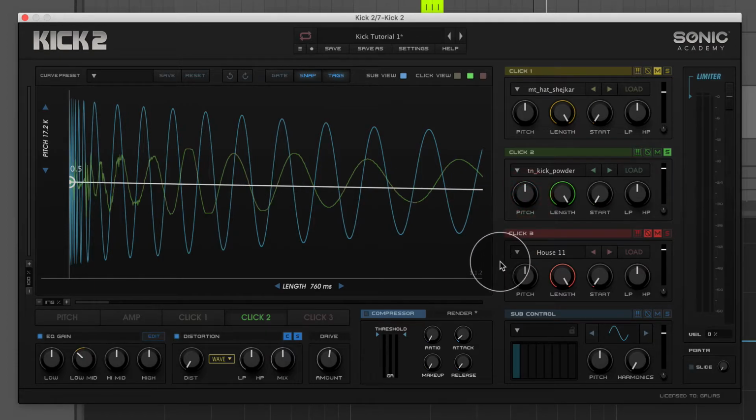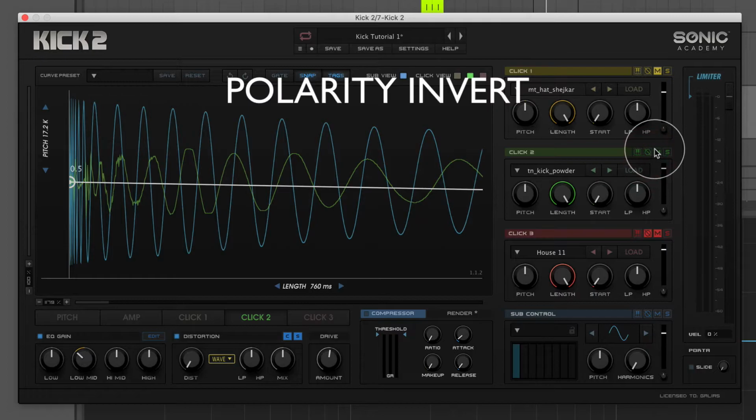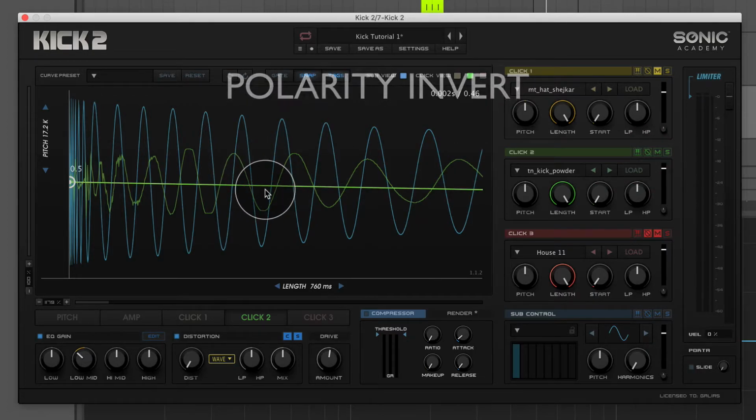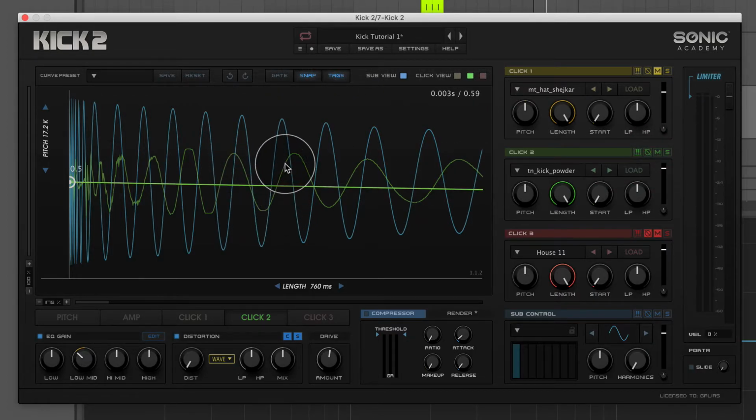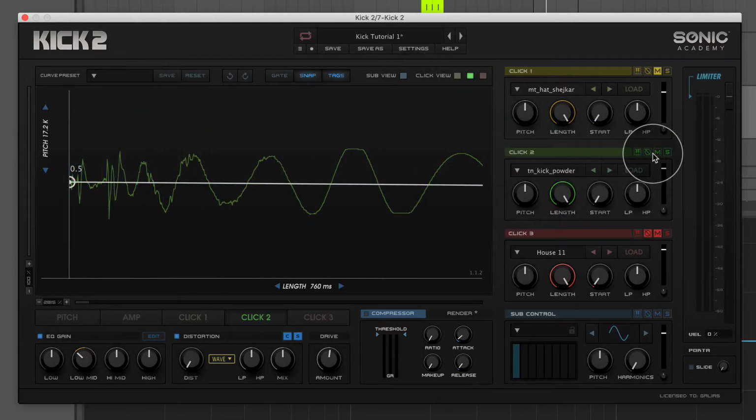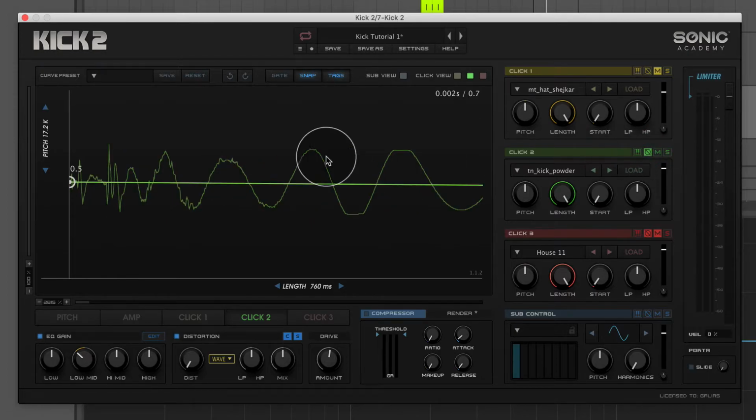So the first thing that I would advise you do is play both the sample and the original kick together, and then simply polarity invert. What this button does is it flips the phase. When you invert the polarity, all I mean is the phase response of the sample is being flipped 180 degrees. So whenever the phase was going down, negative polarity, that will be flipped so that it's going up, positive